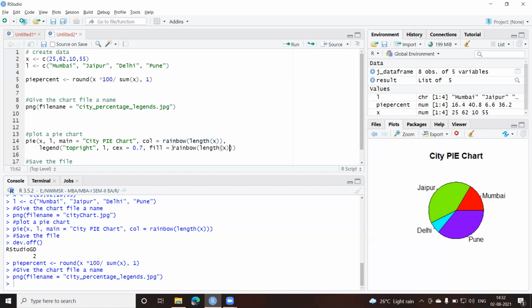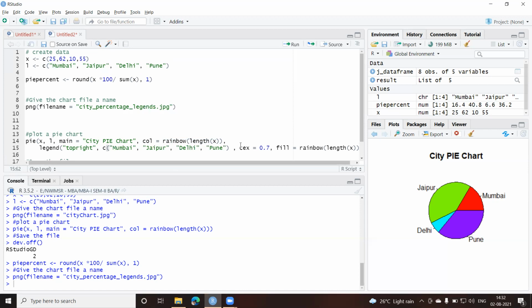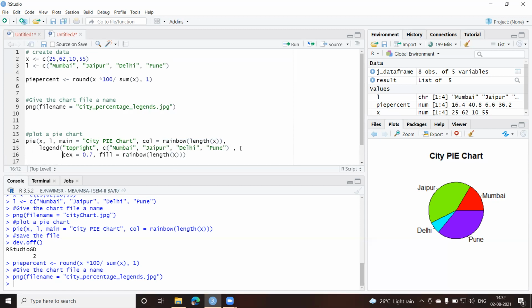It might be looking very complicated. Let us try to understand this. What are the parameters? Let me remove this. Now see, I'll be giving it like this actually. If I want to give some legends, I can just copy this out and give it here. You can give it like this. Let me press enter here again so that I'm down here. Now look at these parameters. We have first passed the values which I want to plot in my pie chart. Second is my labels, which I want.